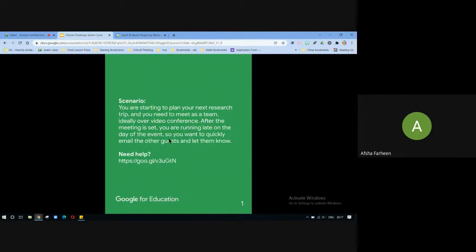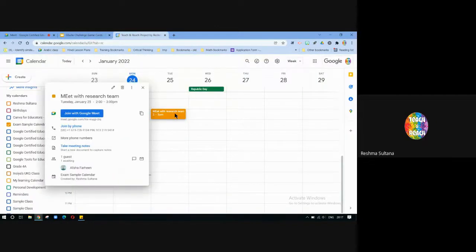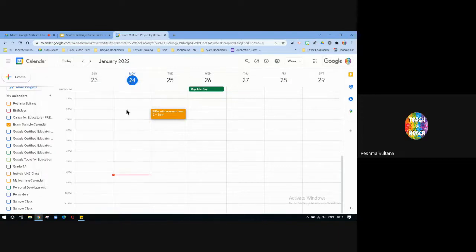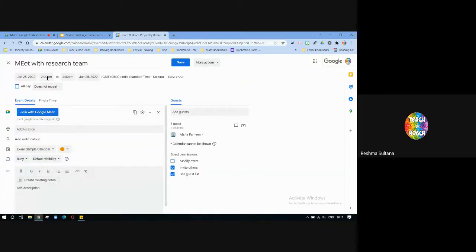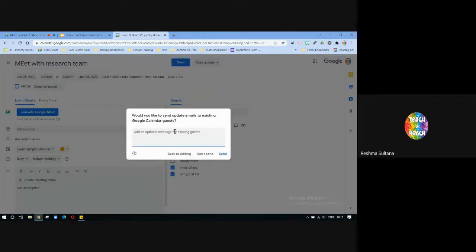So if we have to change the timings here, maybe by half an hour or 1 hour, how will we? If you get some similar scenario where they ask you to change the time, we will edit, click edit event, and we will change the time here. Let's say 2:30 to 3:30, and you will click save. If they say add a message that the time is changed, you can just write time is changed,